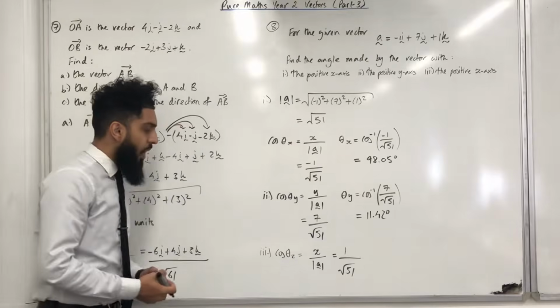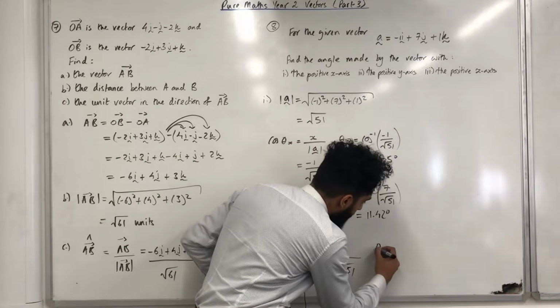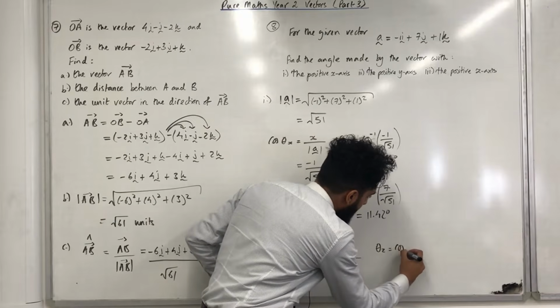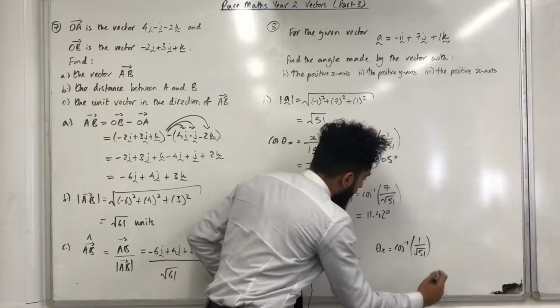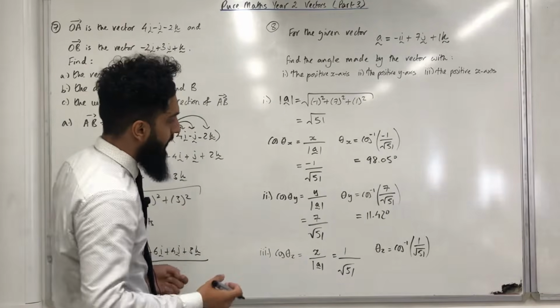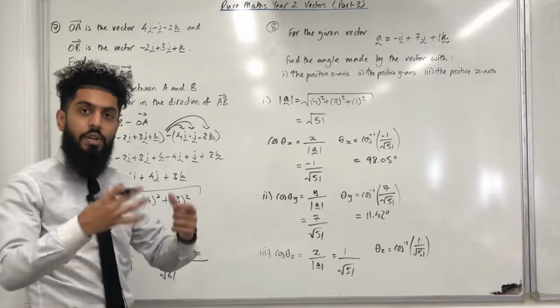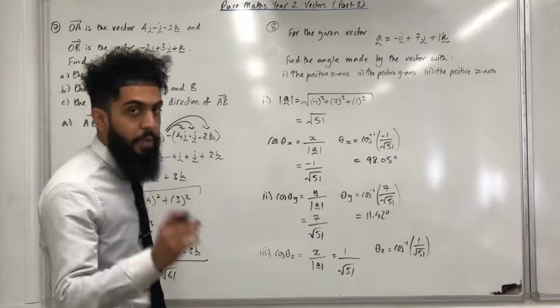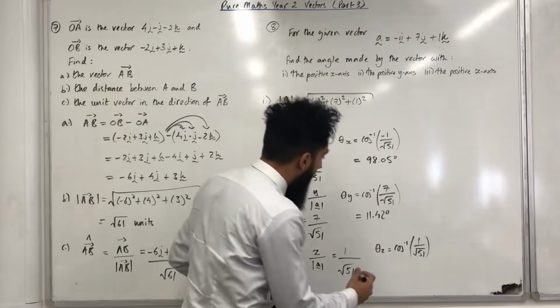So now I can go ahead and work out theta z. Theta z is therefore cos inverse of 1 over square root 51. So I'll put this into my calculator and I can round off to 2 decimal places. No problem, it's up to you. But in the exam, you should actually indicate what you round to in brackets. That would be quite useful. Okay, so if I round to 2 decimal places, I get